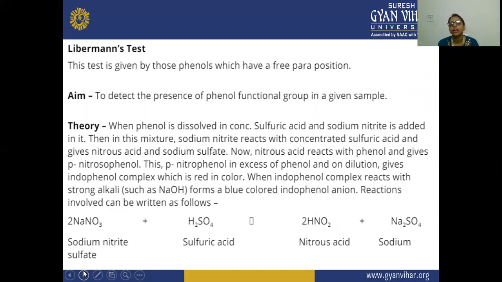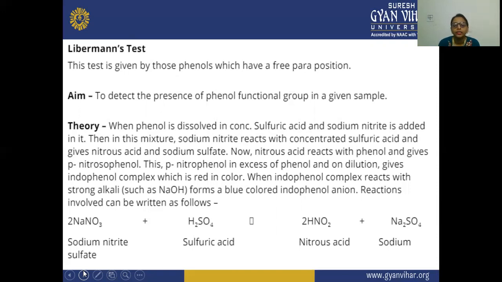Now this nitrous acid reacts with the phenol, and we are getting para